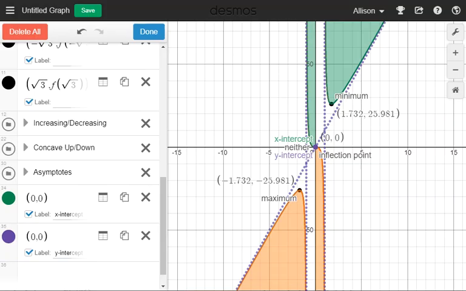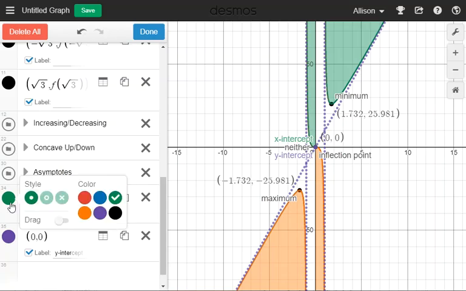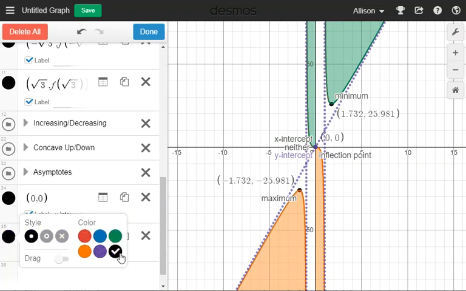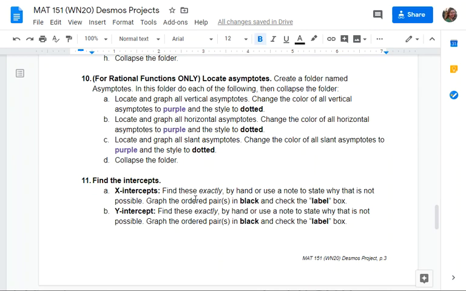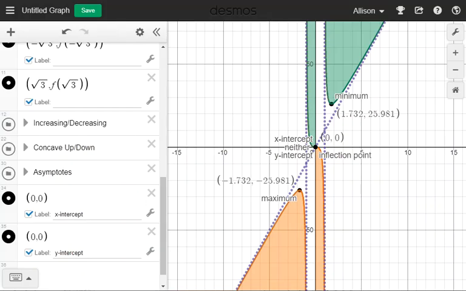Okay, and I think I still want those to be black. Yep, just to keep all the points the same color. Trying not to have too many colors for different categories of things in our graph here. Got plenty of colors going. Okay, so this is where at 0, 0, look at all those labels. We might need to define where some of them go or how big they are, but it's okay. Got a cluster of labels there. And that's it. I've got all the things that this graph